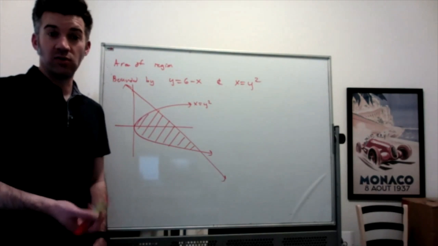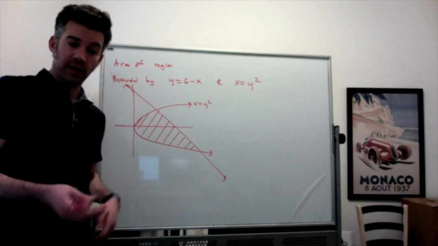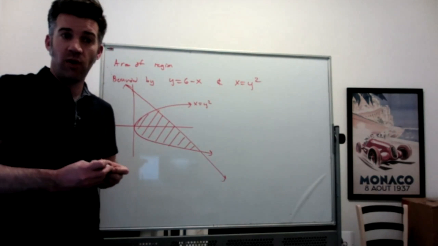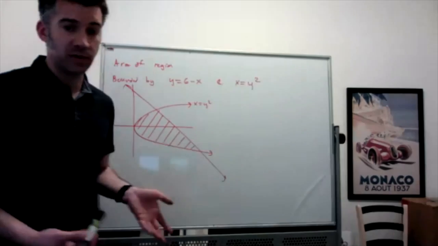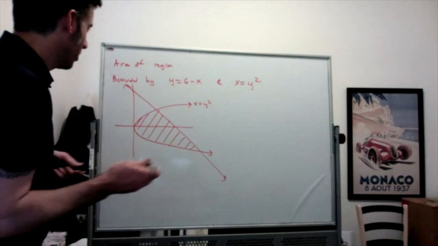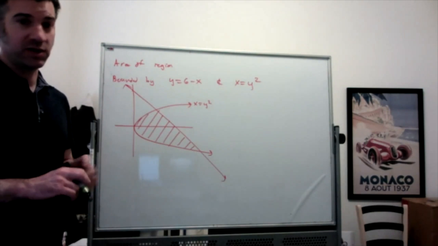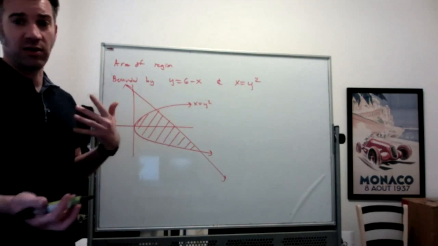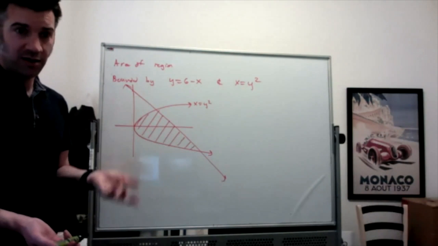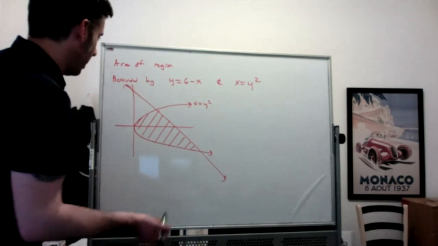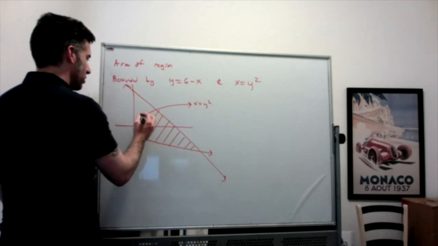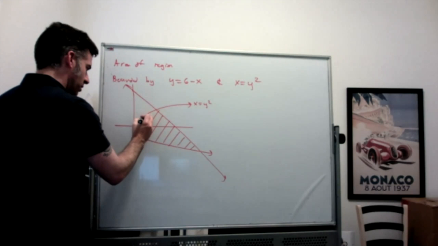Is it going to be easier to do it in terms of x, where I use vertical rectangles, or is it going to be easier to do it in terms of y, where I use horizontal rectangles? Well, here's kind of most people's deciding factor. Which one do I have to use fewer intervals for? Sometimes it's the same, or sometimes either way you do it, you only have to do one interval. But sometimes doing it one way means doing one interval, and doing it the other way means doing two intervals. And here it's definitely, if you do it using vertical rectangles, well,